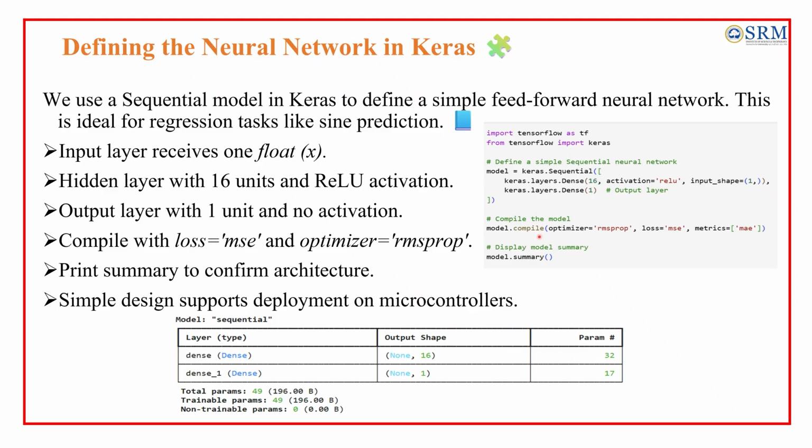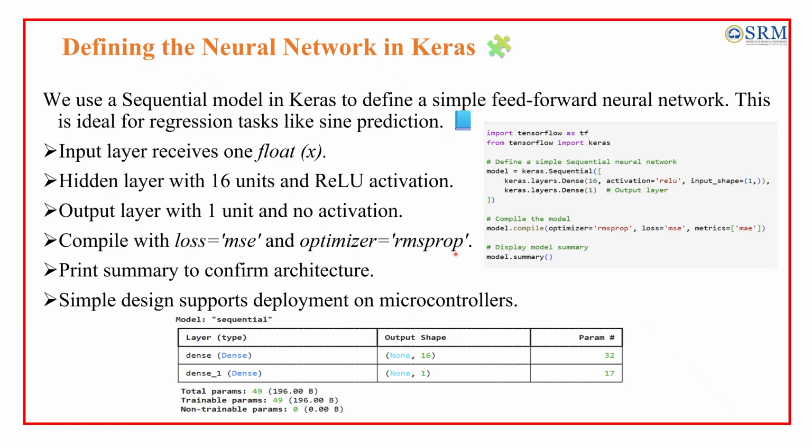We compile the model with mean squared error, MSE, as the loss function and RMSprop as the optimizer. We call model.summary. We can see that this network is extremely lightweight, ideal for running on a microcontroller, because it only has 16 hidden neurons. So think of Sequential as stacking Lego blocks like input, hidden and output. Each fits